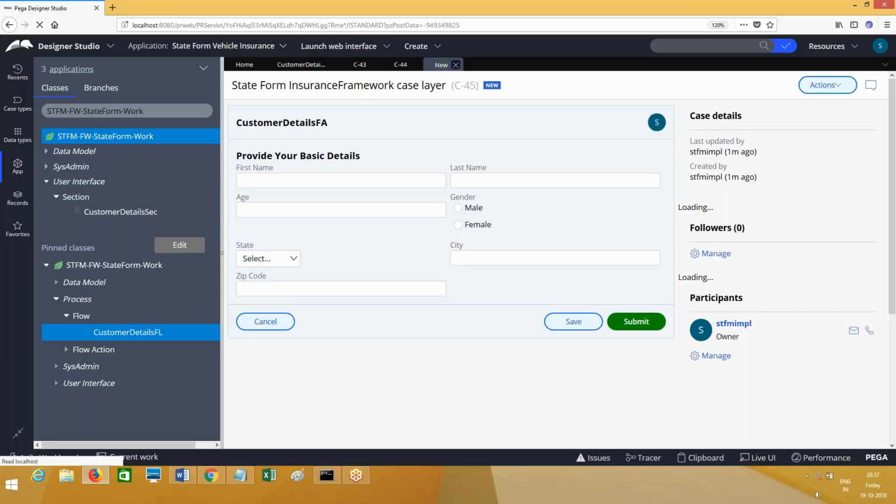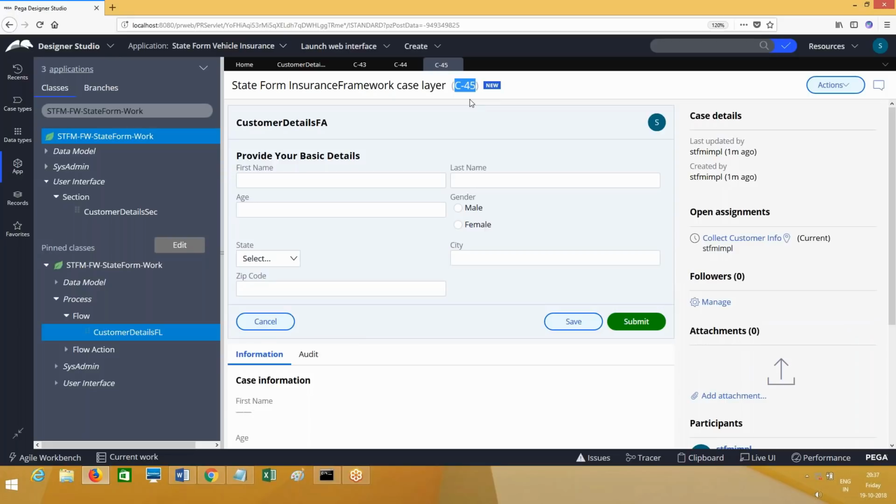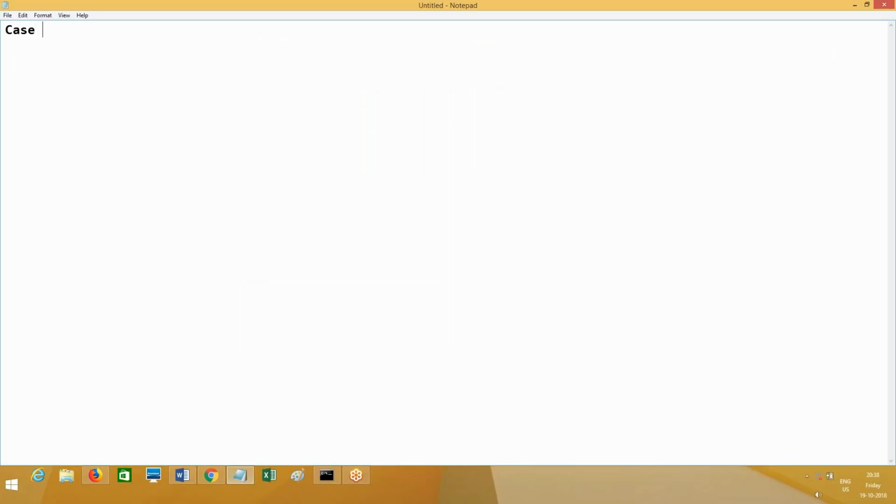So what has been created in the background is a case. When we run a flow, case processing is initiated, a case is created, and the case has a unique ID, let's say C-123.